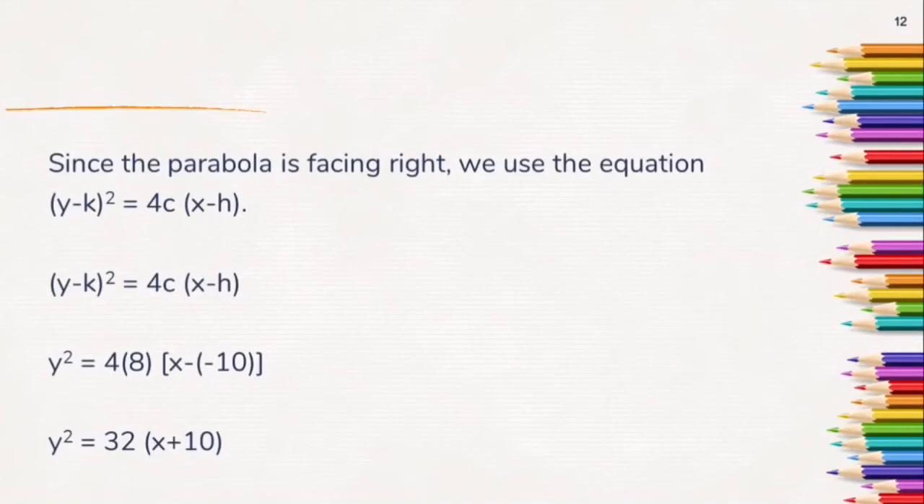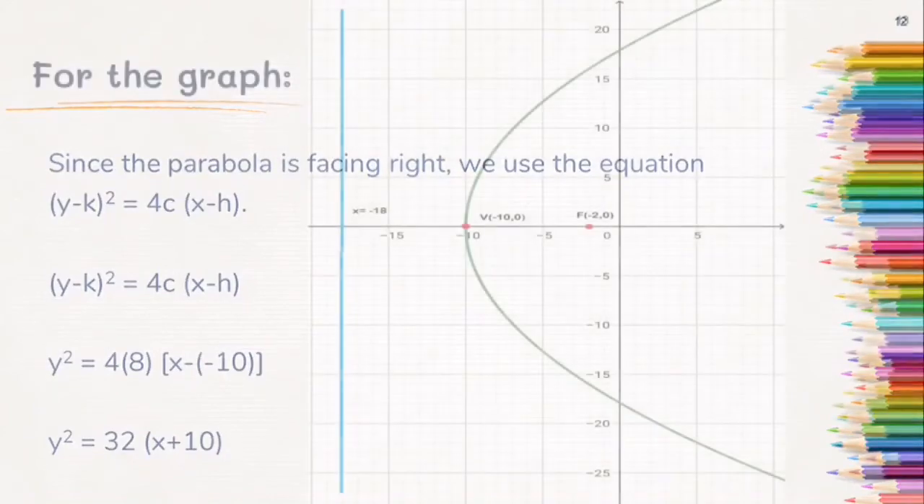Since the parabola is facing right, we use the equation (y - k)^2 = 4c(x - h). So, (y - k)^2 = 4c(x - h). y squared equals 4 times 12 times (x minus -10). So, y squared equals 48(x + 10). For the graph,